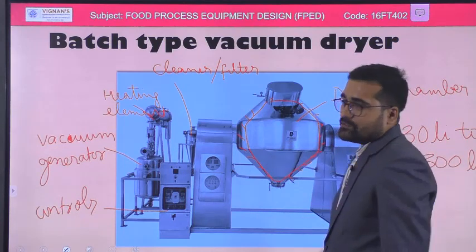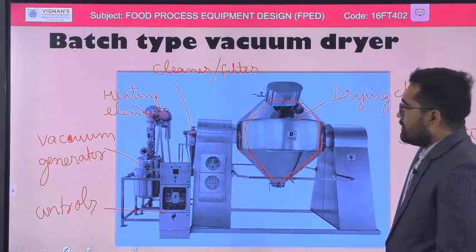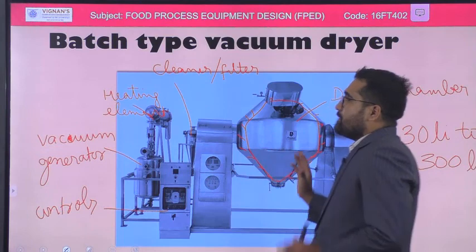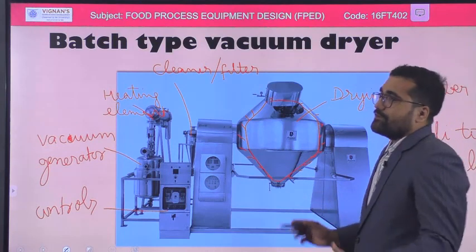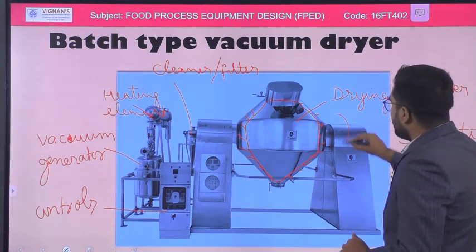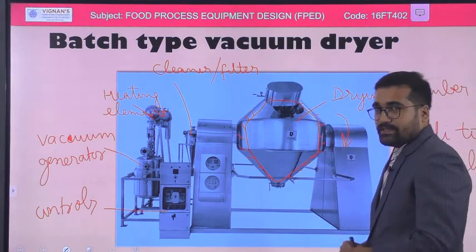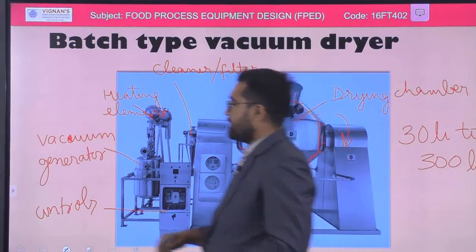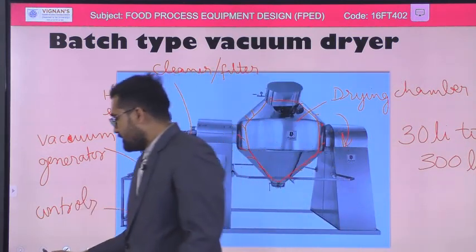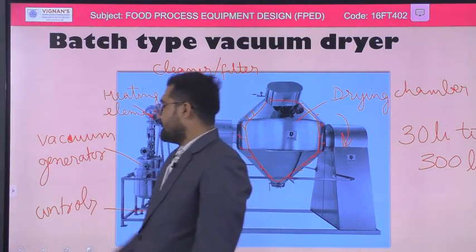These are the general sizes of any vacuum dryer. Once the batch is done, we keep the vacuum dryer for a certain time, and then we rotate it and discharge everything from the vacuum dryer. So this is a batch type vacuum dryer, and there is another type of vacuum dryer,